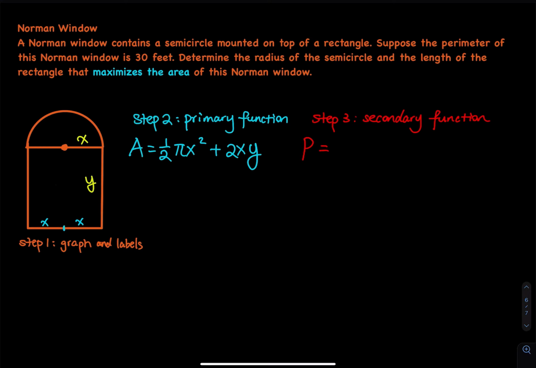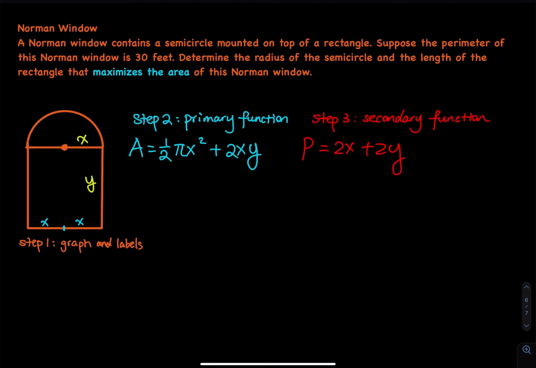First of all, we need to find the perimeter of the rectangle, which is y plus y, and then plus x. So we have 2x and 2y. So that is 2x plus 2y. And once again, this side does not count, so that's why we have 2 copies of x only. And then what about the